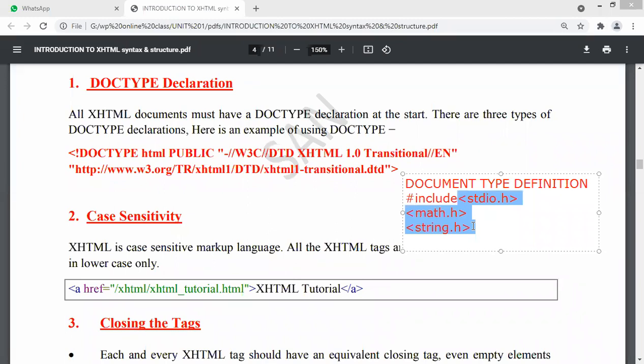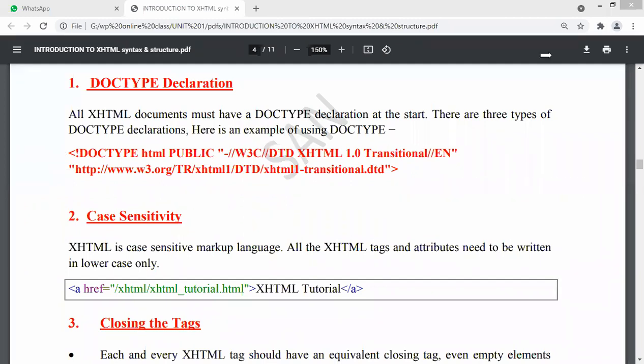These three are nothing but the header files which are included in your C program. Similarly, we have DTDs which are included in XHTML. This line, what you see, is called the header file, which is also called a DTD, document type definition.